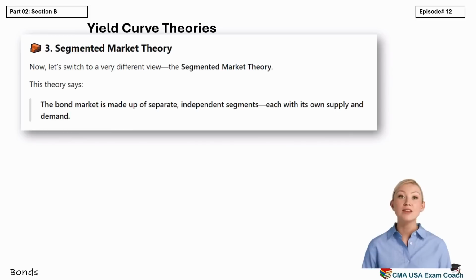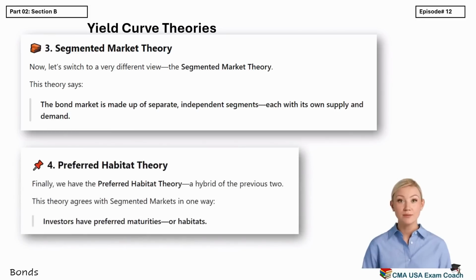4. Preferred habitat theory. Finally, we have the preferred habitat theory, a hybrid of the previous two. This theory agrees with segmented markets in one way: investors have preferred maturities or habitats. But unlike segmented market theory, it says investors can be convinced to leave their preferred maturity if they're offered a